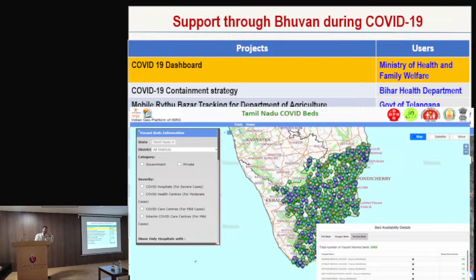Then, apart from that, there was something else we thought interesting, because all the hotels were closed. A lot of people got stranded and did not have access to hotels and other amenities. The government was giving free food to the people, like the very popular Annapurna meal centers in GHMC or Amma Unavagam in Chennai Corporation. So we located all of these and provided them, and there is a very interesting social media article where many people used this and could get many things during that